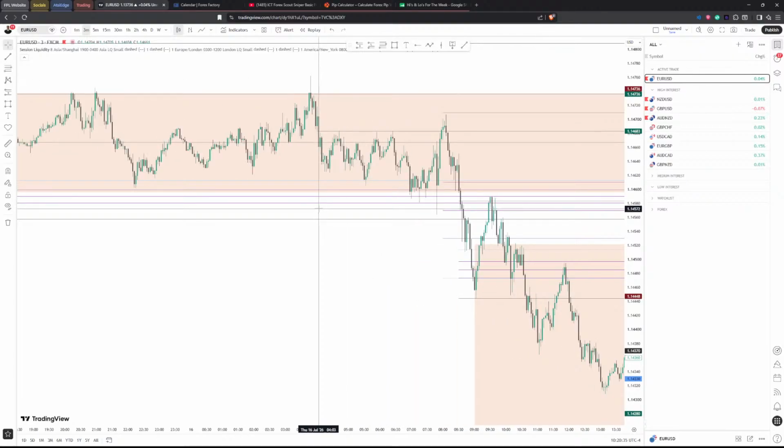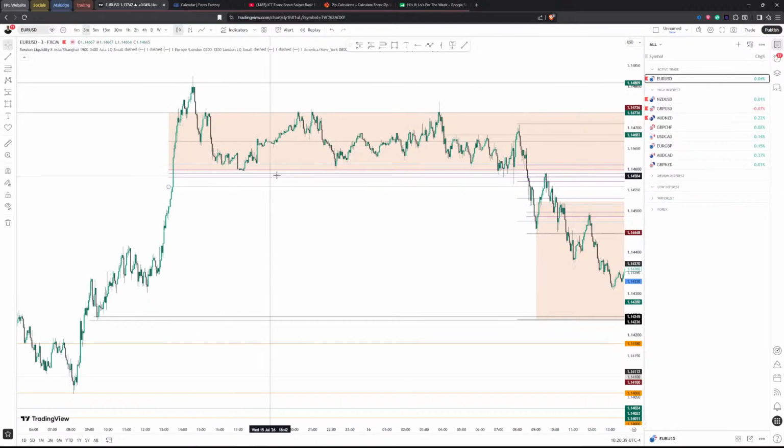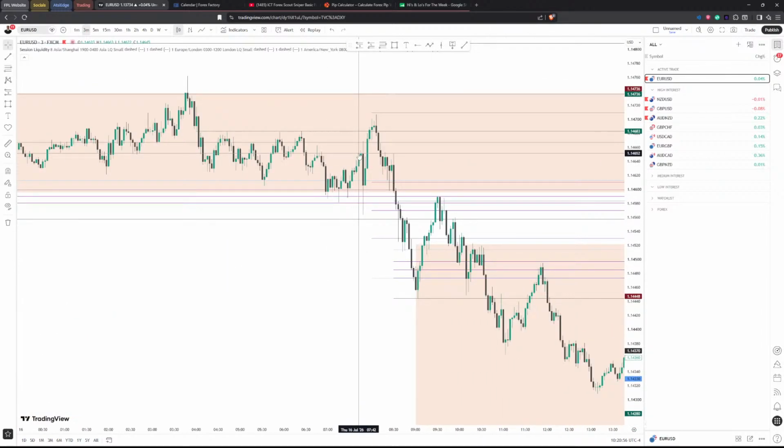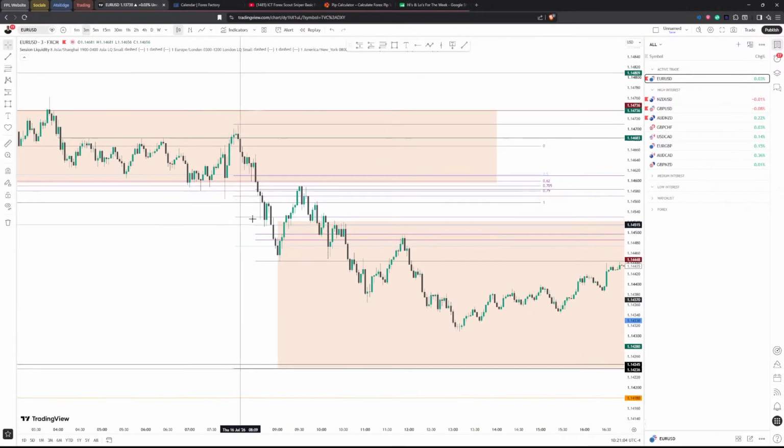So then we take sell side liquidity, which was equal lows in the fair value gap. So the fair value gap is here, equal lows here. We take that out, as you can see with here. And then price returns to take the small high, ITH liquidity from the fair value gap mentioned above. 3 equal highs were present. I think I'm talking about this again. Then we shift downwards into a new range of consolidation, which is just describing this whole move here.